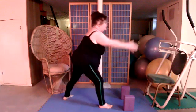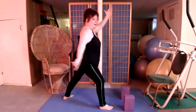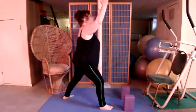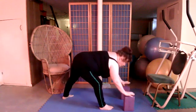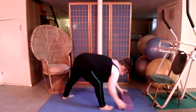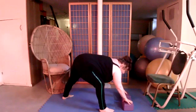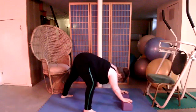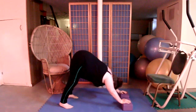How's it feel to push up? Push up. Bent front leg. Extended but unlocked back leg. Beautiful. I come down. Are you coming to the chair or the block or the floor? I'm going to push this leg back to a down dog. So you give it a little bend and you push it off in steps or all at once till you have found your down dog, your way,